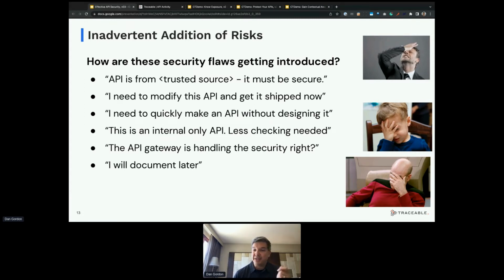And the reaction is, well, I'm not going to just give you full access to my database, but I'll put an API around it so that you can request the information I'm ready to let you have. Great, that's a good step. But this goes along with thinking it's internal. And therefore, because it's internal, I don't need to do all of the checking necessary for authorization, authentication. I can be a little bit more relaxed, right?